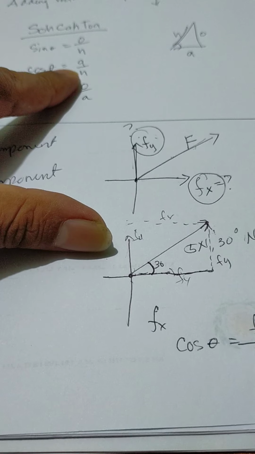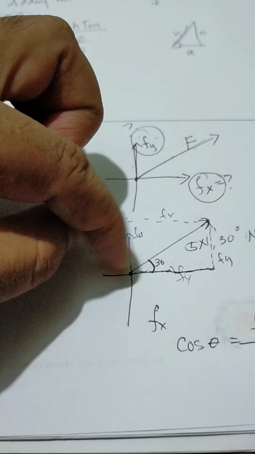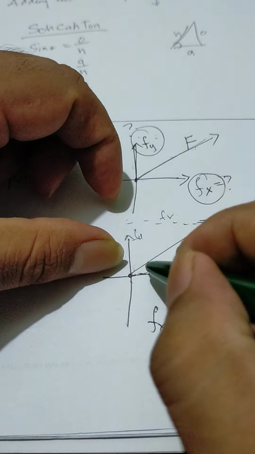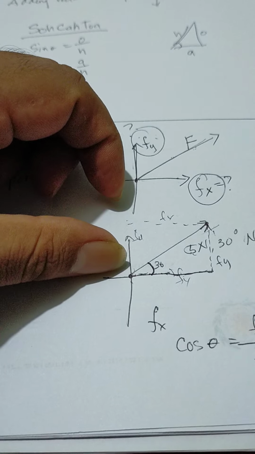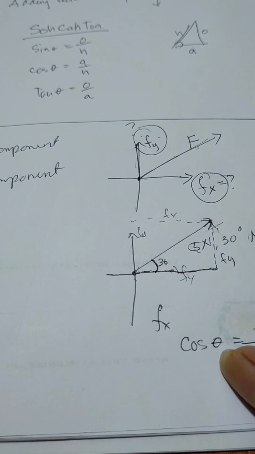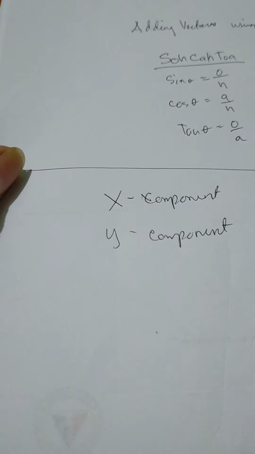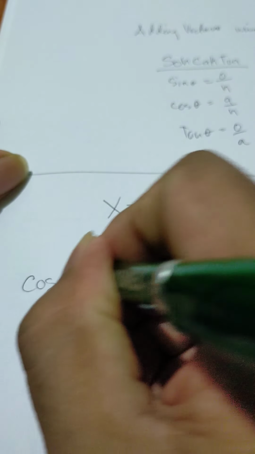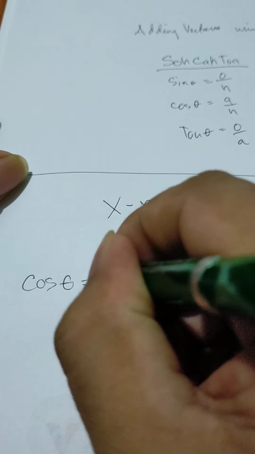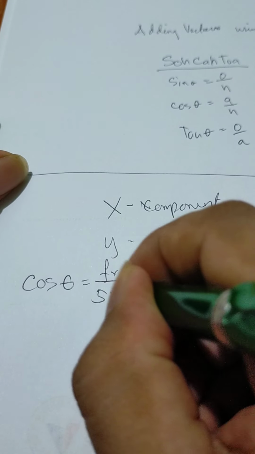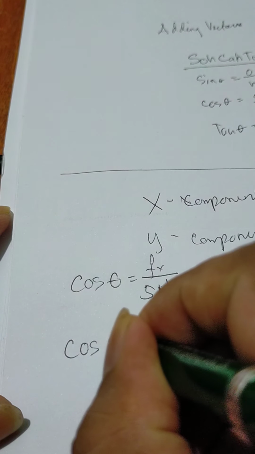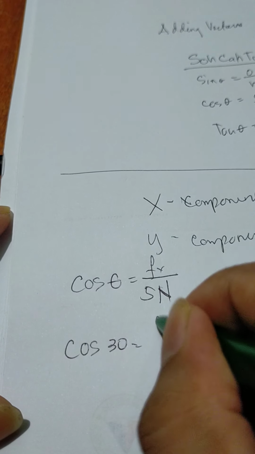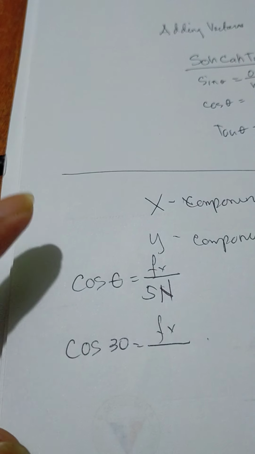What is our adjacent? We do not know, so it is Fx. Do we know the value of the hypotenuse? Yes, this is 5, 5 Newton. Do we know the angle? Yes, we know the angle. So we have cosine theta is equal to Fx over 5 Newton. The angle is 30 degrees, so cosine 30 degrees equals Fx, the force along x, which we do not know yet,